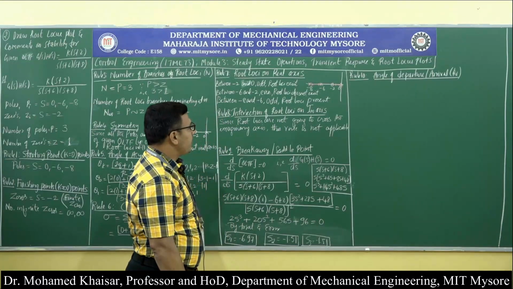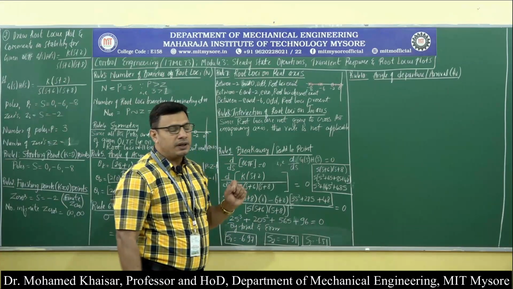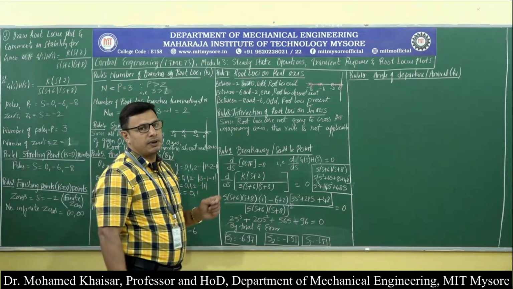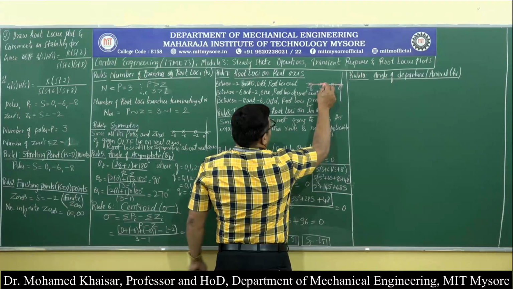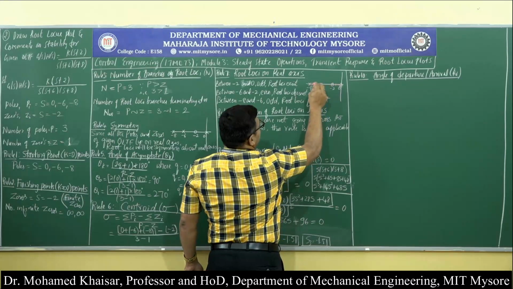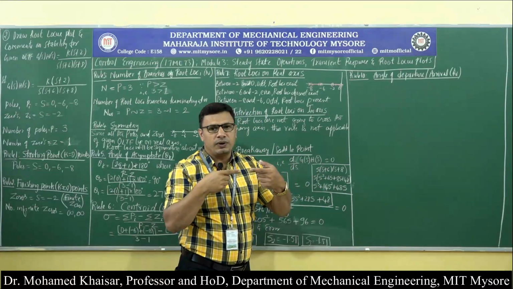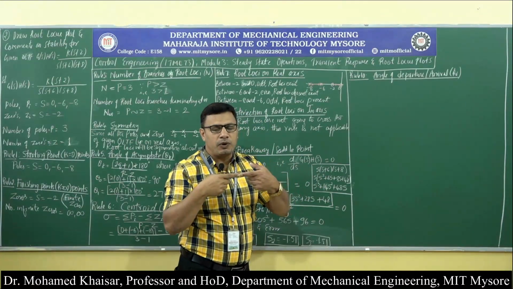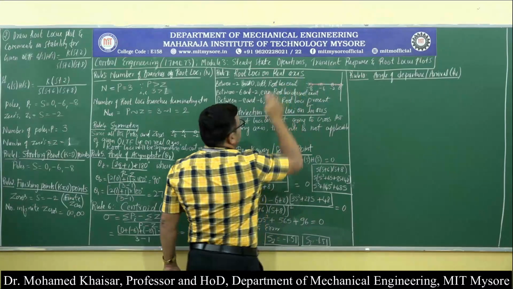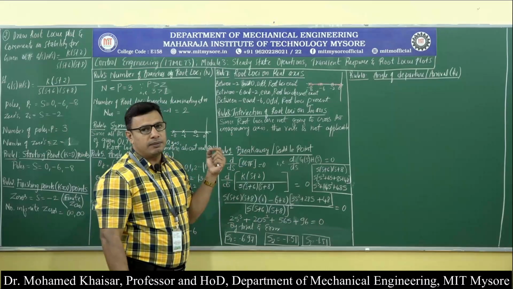Now, looking at this rule, you can determine whether rule number 9, that is the breakaway or saddle point rule, is applicable or not. How? Since one branch of the root locus is starting from -6 and the other branch from -8, they are heading towards one another. When they are heading towards one another, obviously they will collide at some point and they will break away. The moment we look at this rule, root loci on the real axis, we will come to know whether the breakaway or saddle point rule is applicable or not.